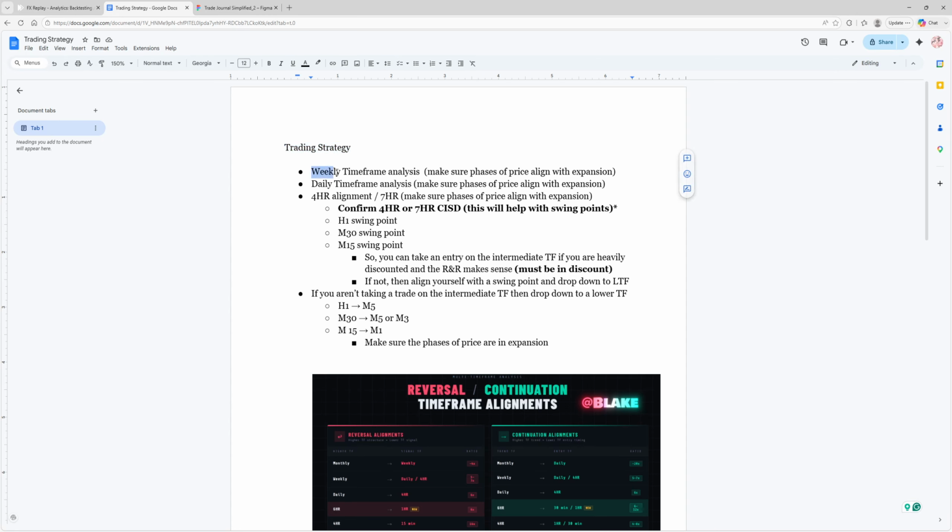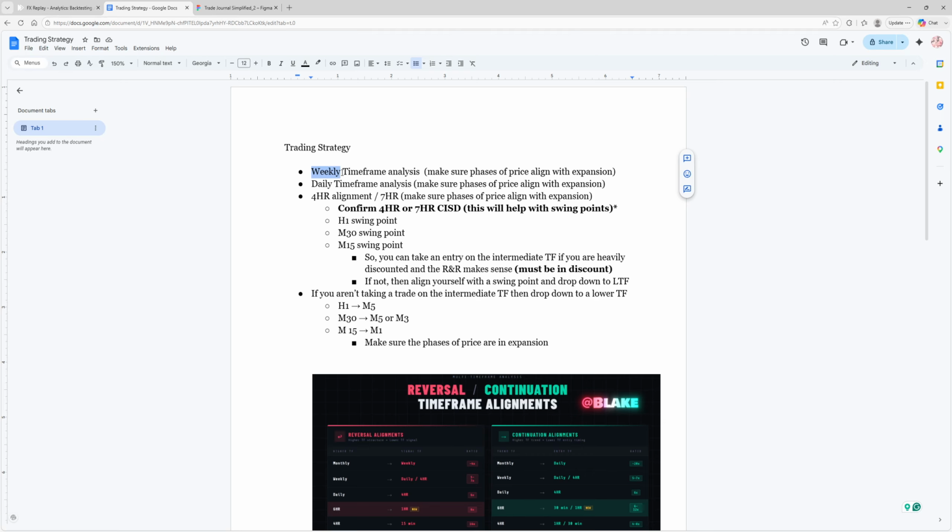So what is my trading strategy? It's going to be weekly time frame. Every week you want to start on the weekly time frame, because the weekly can give you a direction for a month. It can establish the direction we'll be trading in for maybe 4 weeks at a time, maybe 3. It also allows you to know from a higher time frame standpoint whether we're in choppy conditions or trending conditions. Every Monday or every Sunday, whatever, you want to look at the weekly